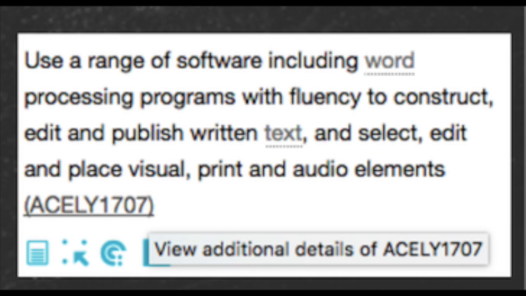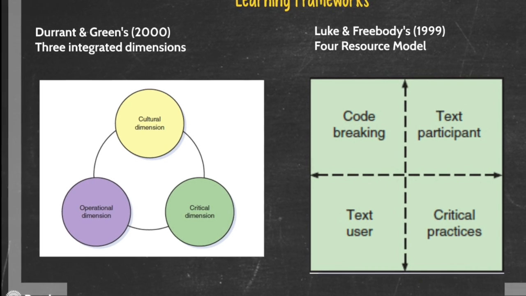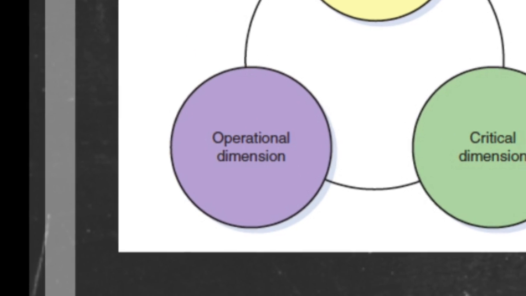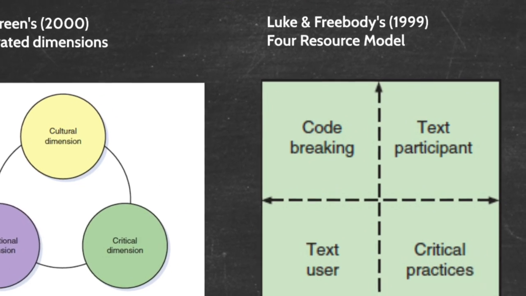The final example of technology and literacy comes from the Year 5 literacy strand of the English curriculum. This learning outcome asks the students to use word processing software to edit and publish written text and add visual, print and audio elements to their document. This is indicative of the operational integrated dimension, using codes to communicate meaning, and classifies as code breaking in the